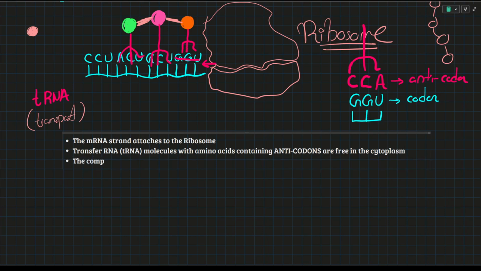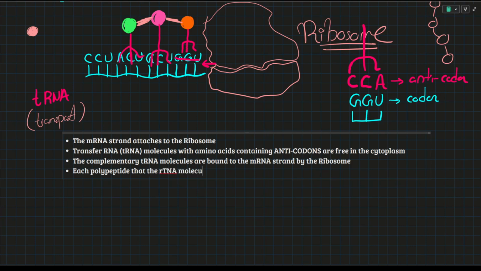Okay, the complementary tRNA molecules are bound to the mRNA strand by the ribosome. Without the production machinery, without the ribosome, none of this is possible. Okay, that's why ribosomes, even whilst being nanometers in size, are very important. And then each polypeptide that the